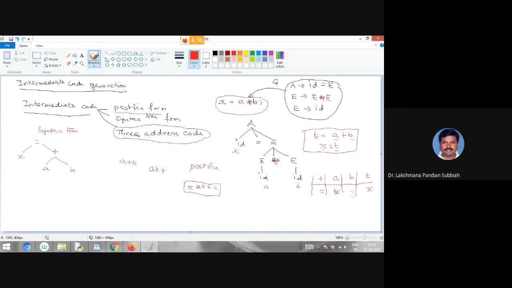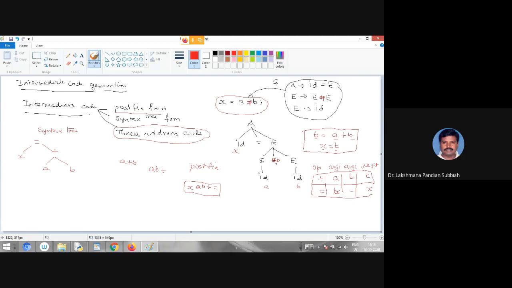quadruple record. Quadruple record means we have a four field record. Each statement is converted into a four field record. The fields are operator, argument 1, argument 2, and the result.